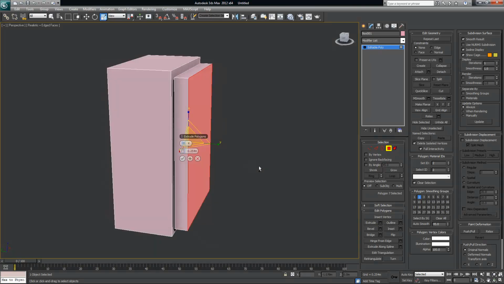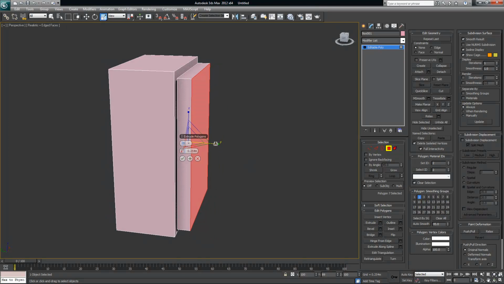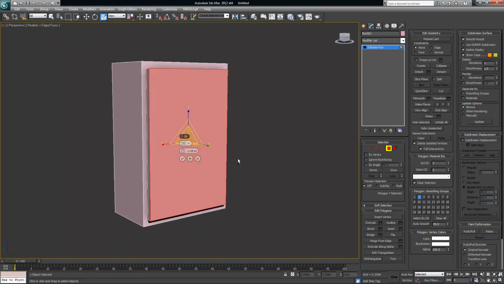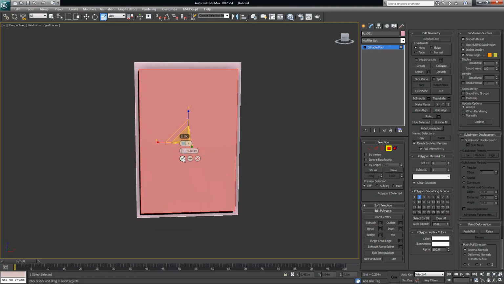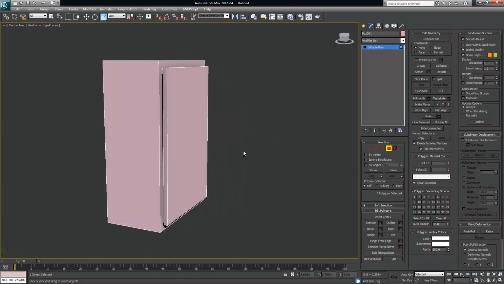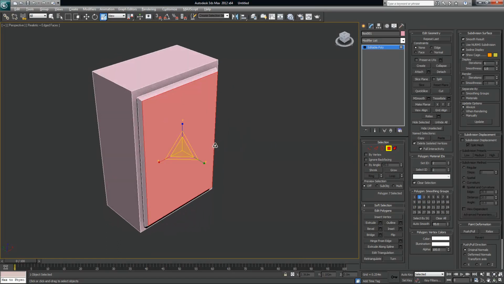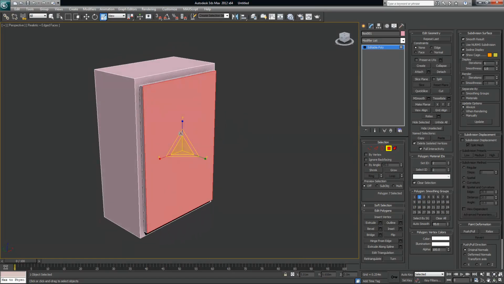So I'm going to say extrude, and I'm going to give it a little bit of depth. Oops. And so I'm basically making my cabinet door there, and then I'm going to say OK. And then the next thing I want to do is create kind of a decorative inset here for